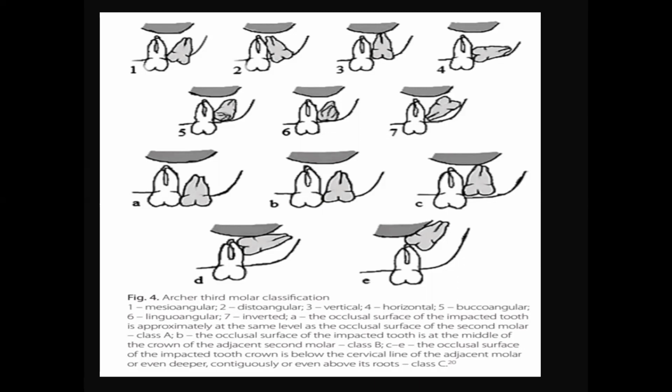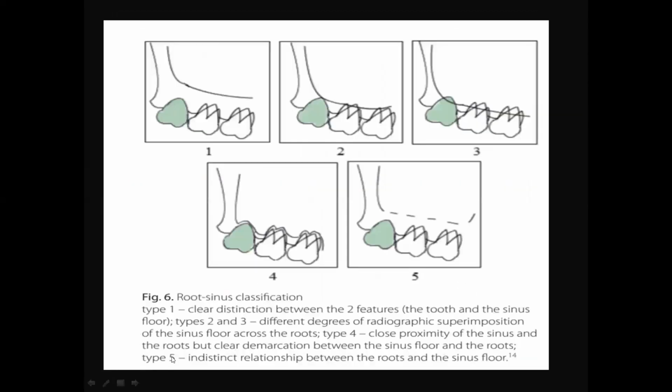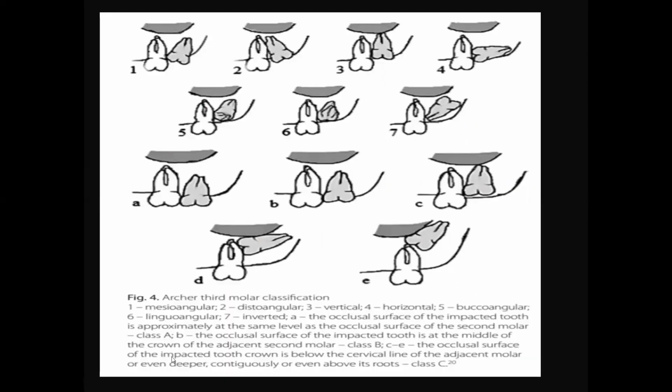So most of the time the tooth root of the maxillary third molar could have a varied anatomy. Another thing we need to keep in mind is that the bone present in the maxillary posterior region is highly elastic, and at the same time it is more porous. So when we are extracting the third molar, there is a possibility that you might fracture the tuberosity.